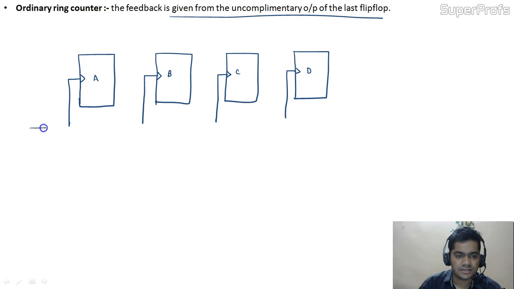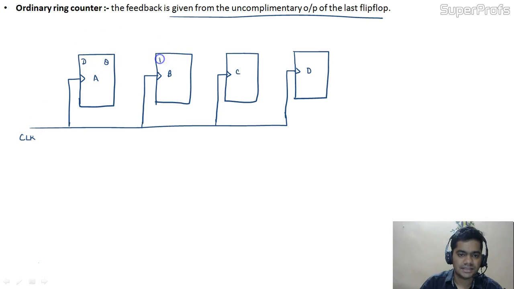So these are the clock pulses available with us, like this. This is D, this is Q, this is D, this is Q, this is D, this is Q, and this is D, this is Q. Now we are making the connections like this, because the output of the previous flip-flop is connected to the input of the next flip-flop, and we are giving feedback from the normal form